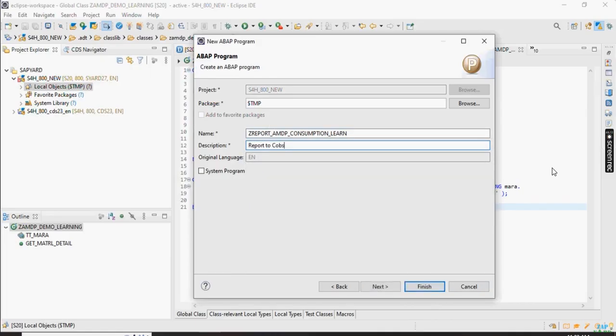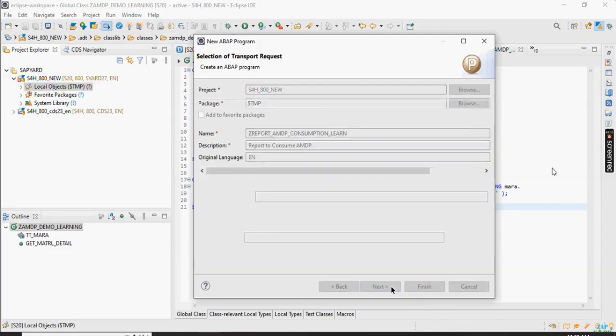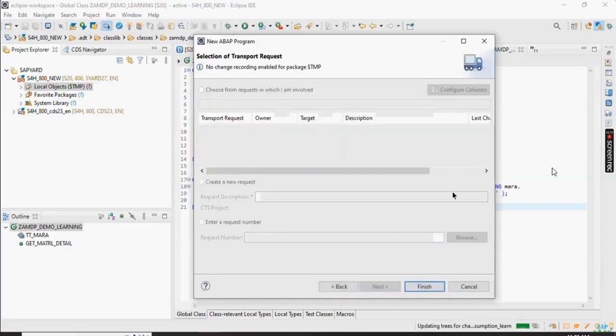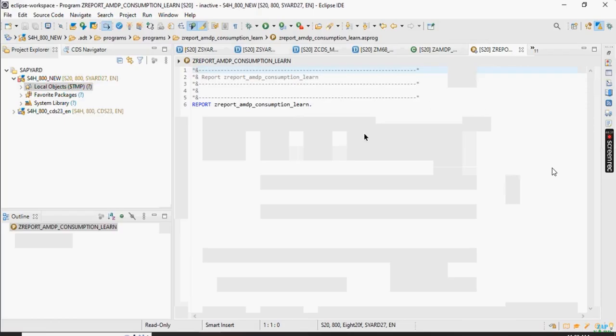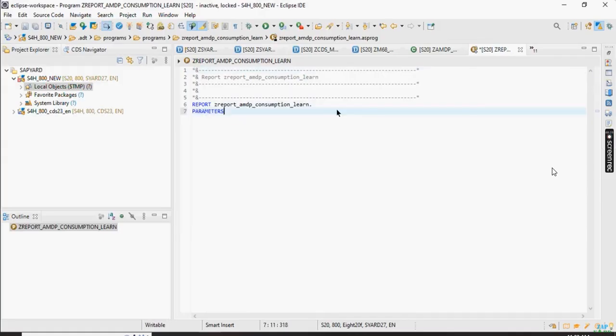How to consume AMDP. So first thing that I need to specify is parameters,